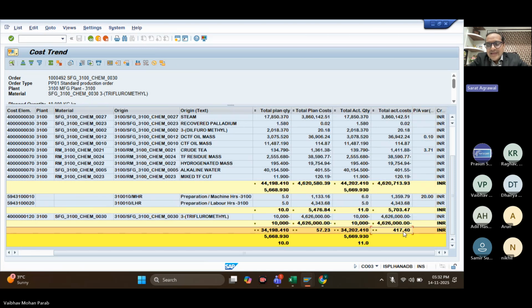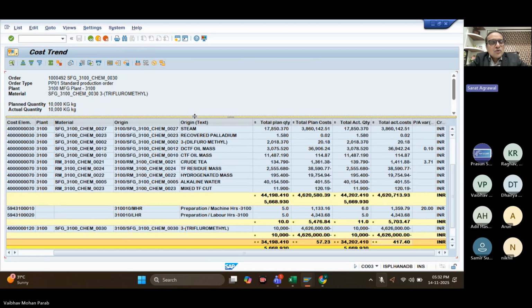So this way we can understand the production order: how much is my consumption, how much is my activity cost or conversion cost, how much is my target cost of the production, and what is my difference. This is how we can understand the production order accounting. And if we want to understand the variances in more detail, if I want to know what is my variance of 417 and what is the reason for that,